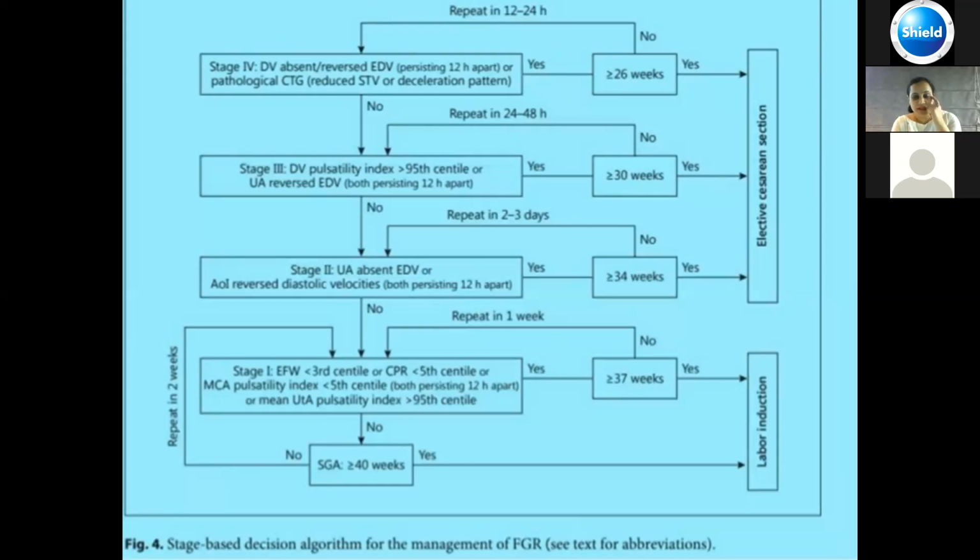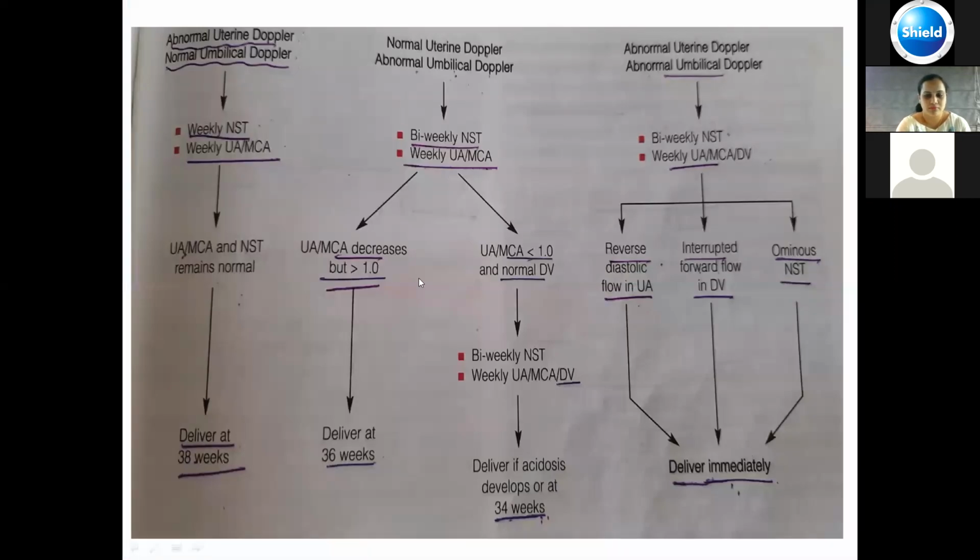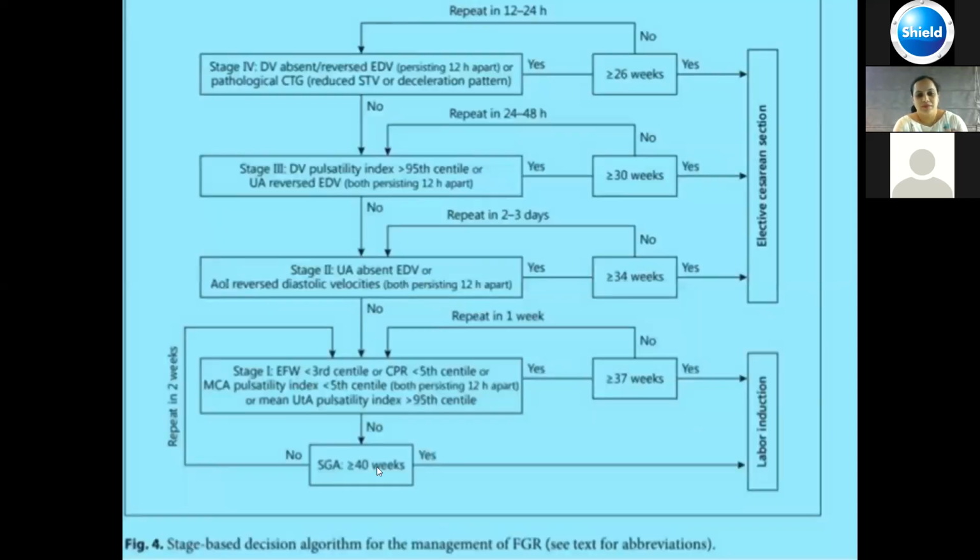So this is a beautiful chart. I usually remember this whenever I see an IUGR patient, but it is a bit complicated. But if we remember three things, that is going to be very useful for us to decide when to deliver the babies. So first thing is, if the baby is small for gestation... sorry. If it is greater than 40 weeks, there is no point. We usually plan for the delivery irrespective of the IUGR severity.